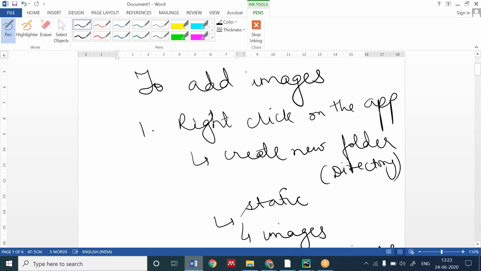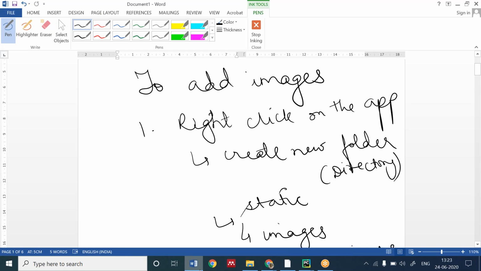Now the third step was to load the static folder. Now we have to load the static folder. Okay, how do we load? We use these tags when we want to implement some coding in between HTML. If you want to implement some coding, we are using this tag.